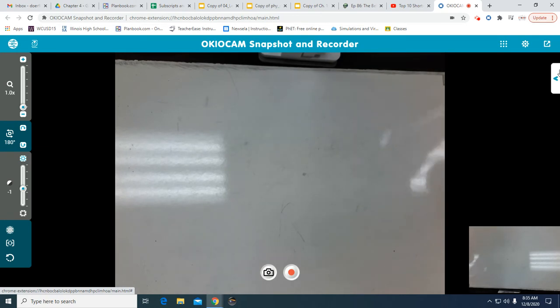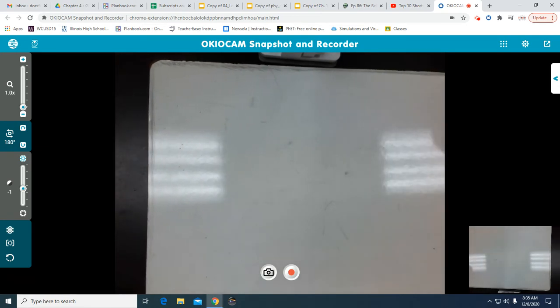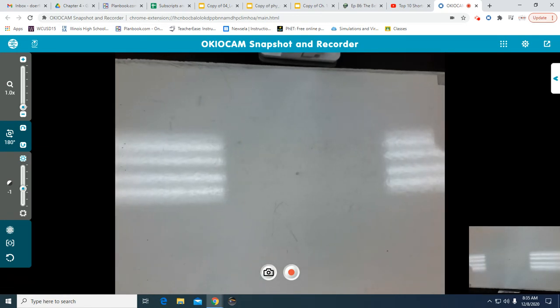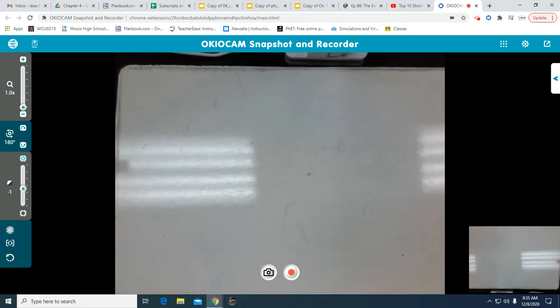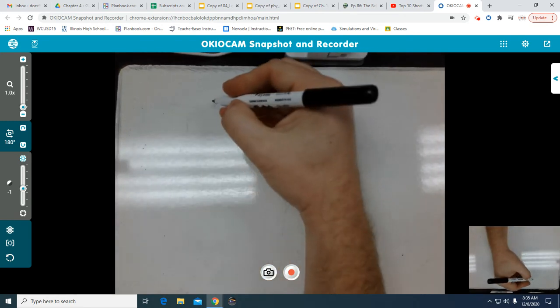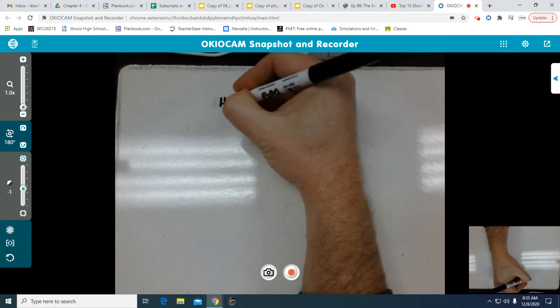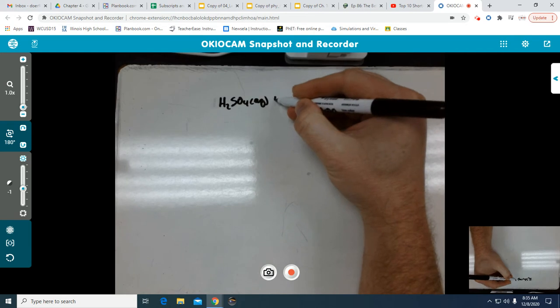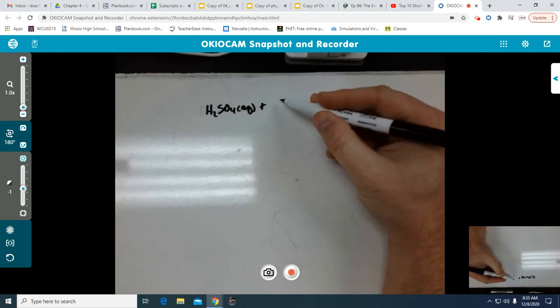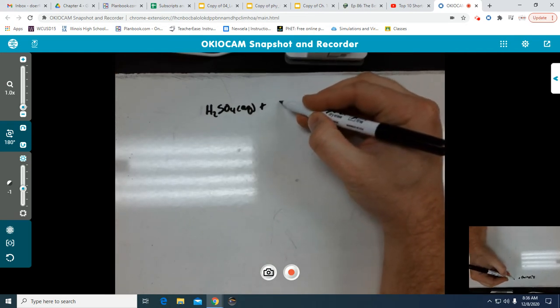All right, so what I like to do first, before I do any type of calculation, is get my balanced chemical equation out of the way. So I know I've got H2SO4 aqueous plus, I'm going to give a little room just in case I need to add a coefficient in front of the sodium hydroxide. And